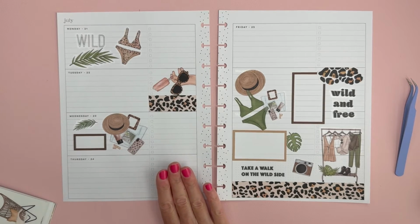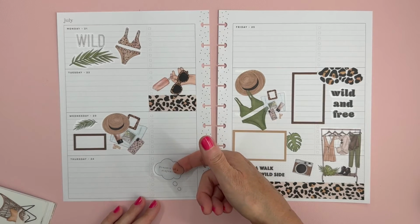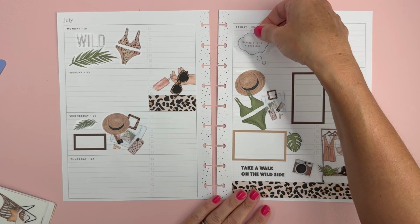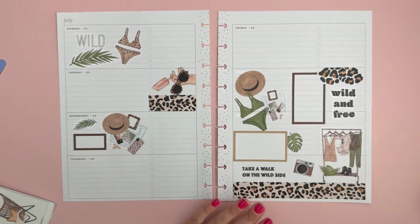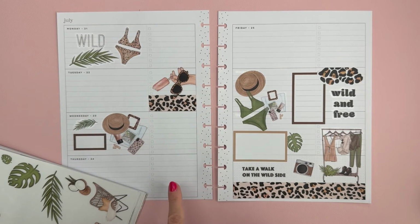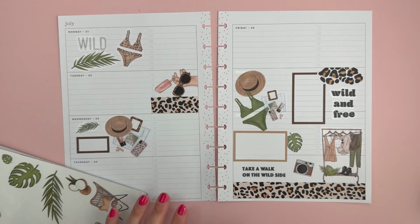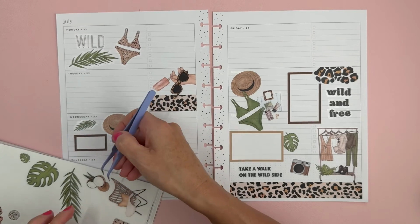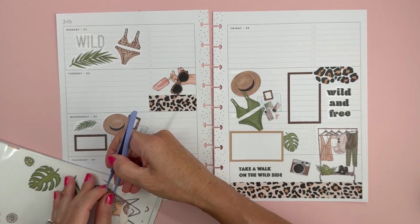Okay, this part here now is going to be our decorative space, and should we use this quote down here, or I feel like we could use it up here. And I think I'm going to, yeah, we'll use it on this side. So for this decorative space, we have this chair that's really cute. Could use that. I also have this picture that I really like. I'm gonna take this chair